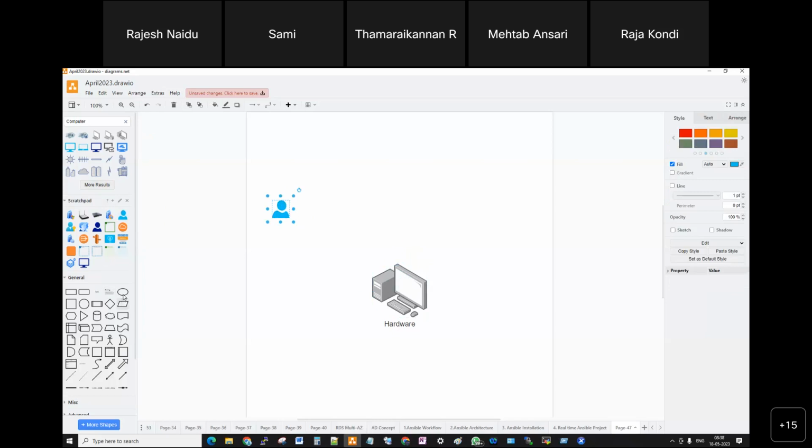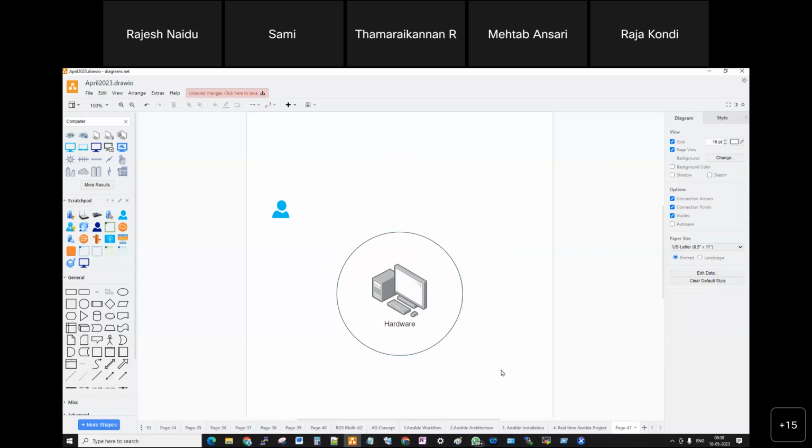So for that reason, we have to install some piece of software. So the piece of software is nothing but kernel. So kernel is heart of the operating system. Kernel, right?